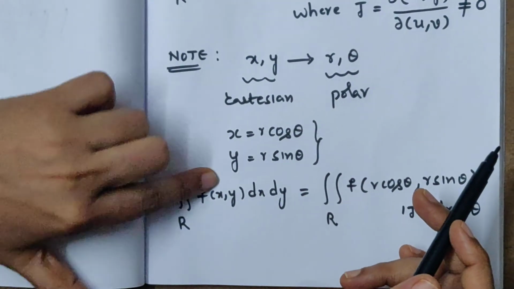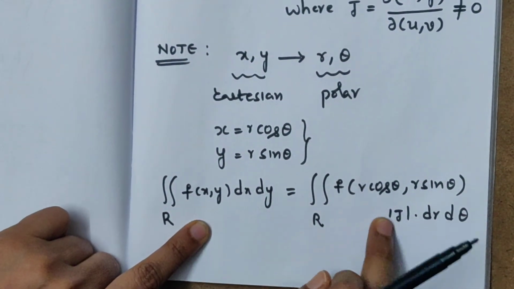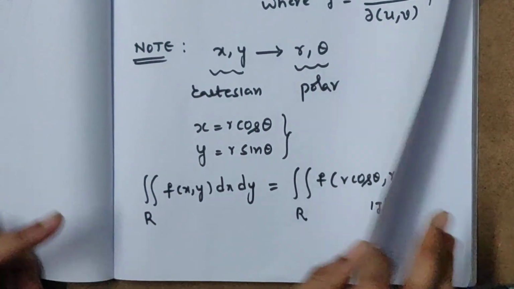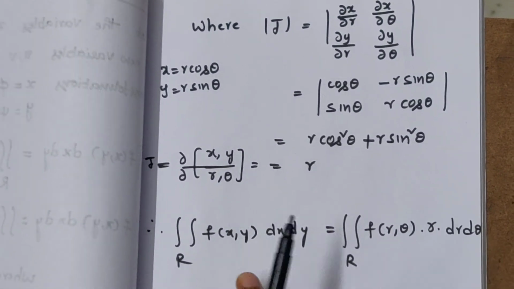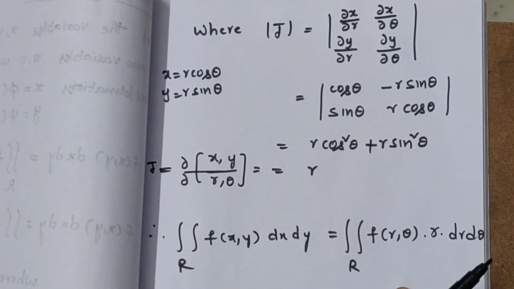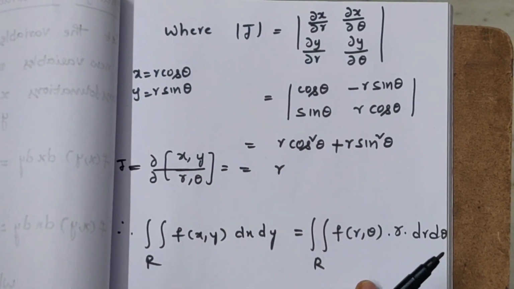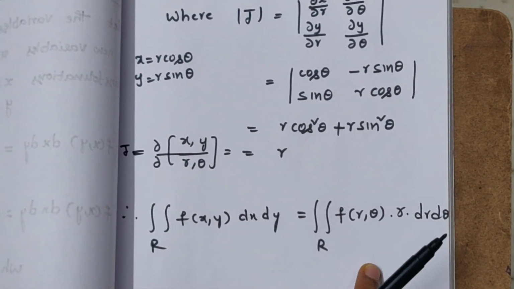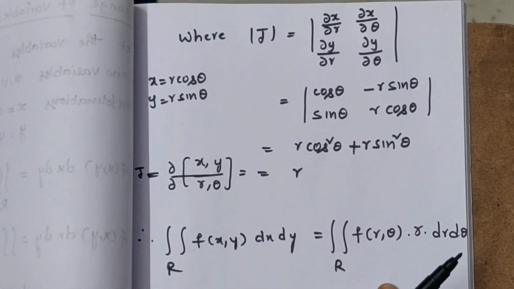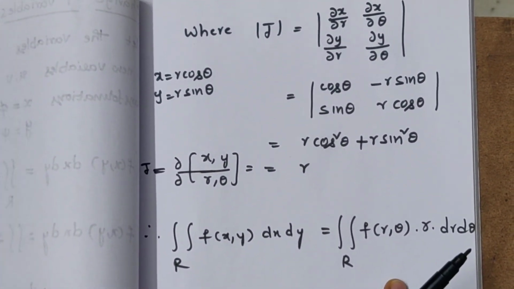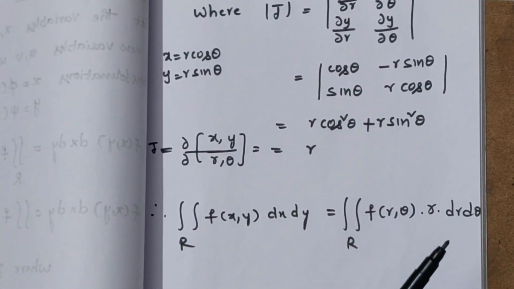For that, we use the transformations. So the Cartesian double integral turns to the polar double integral because of this Jacobian we determined here, which is r. So why did we convert Cartesian to polar? It makes the evaluation of integrals easy. Sometimes we feel easy with the polar double integral, and at that time we convert Cartesian double to polar. Sometimes we feel easy with the Cartesian double integral, and in that situation, if the problem is a polar double integral, we convert the polar double integral to Cartesian double. That's all.